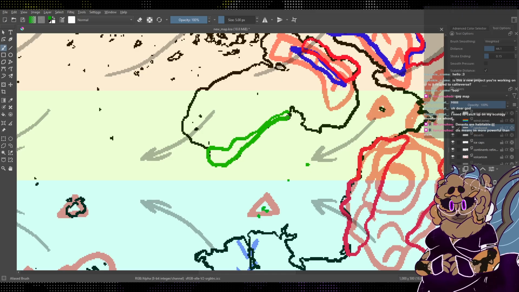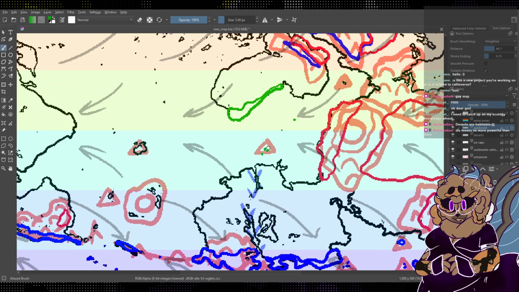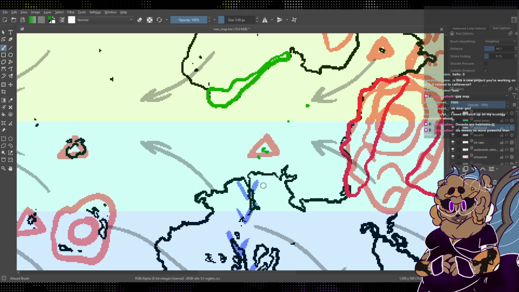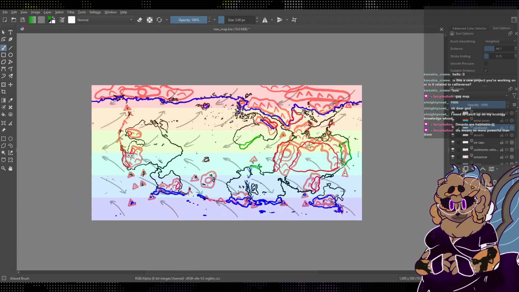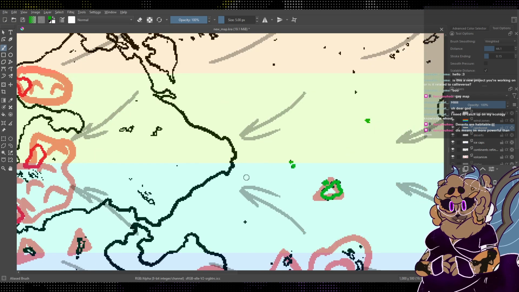Not a whole lot, though, because this world is a very cool world. So there's not going to be a whole lot of hot rainforest here. Got that. This is definitely going to be a rainforest. So is that. Or at the very least, it's going to have conditions conducive to it. This right here